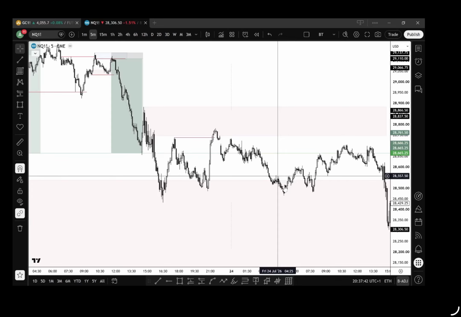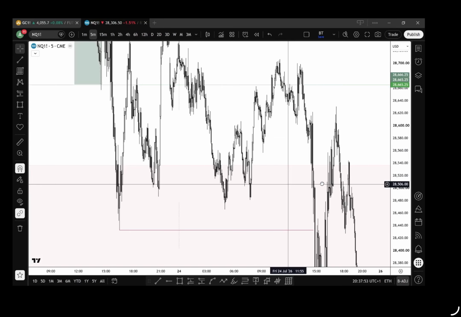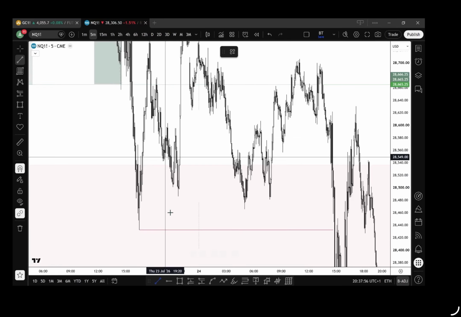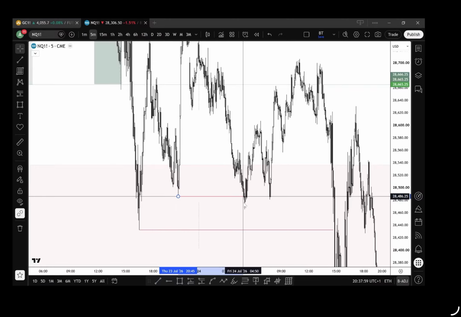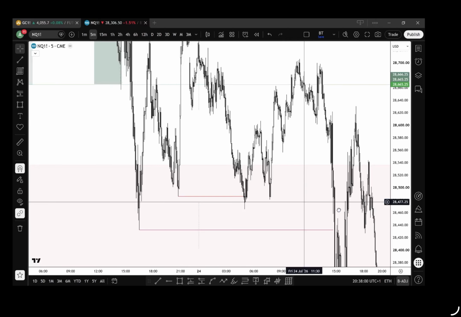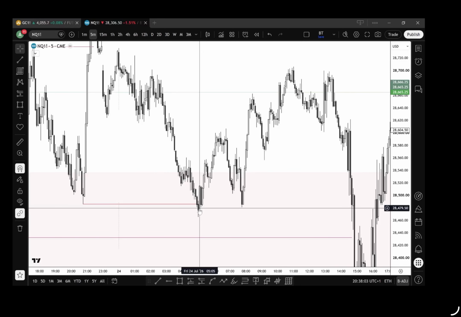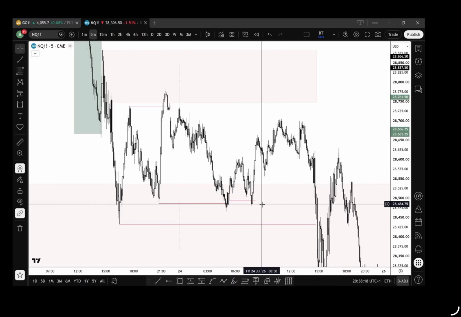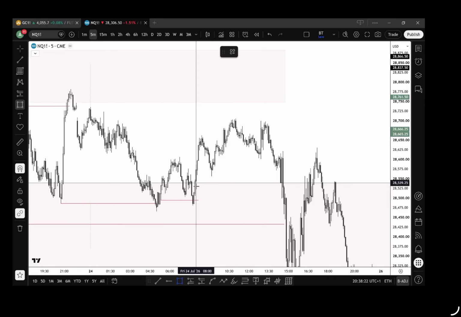Now, I did not see this at first. I waited for these buyers to be trapped, and I did go BE on Friday. I waited for these buyers to be trapped. We then induced higher once more, and then we trapped again. Now, once those lows, those higher time frame internal lows went, and we can see how we respected these highs, I was looking for longs. I waited for us to tap into this liquidity block.